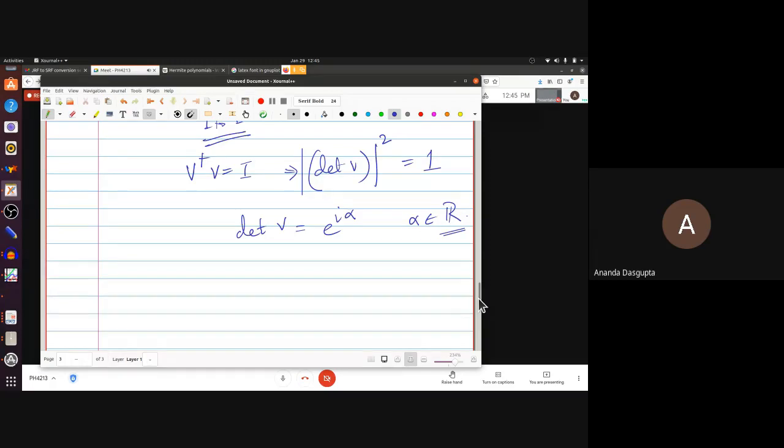Now comes the question: so e to the I alpha, this set, e to the I alpha, where alpha goes over real numbers. This is a set, of course. What operation do we supply? So when you take two elements V1, V2,